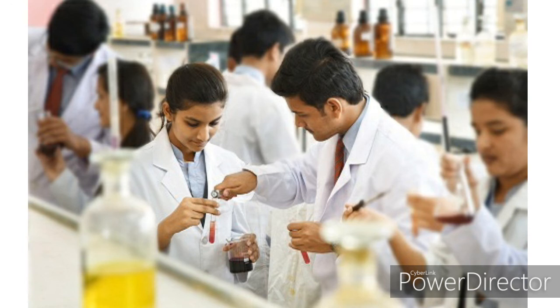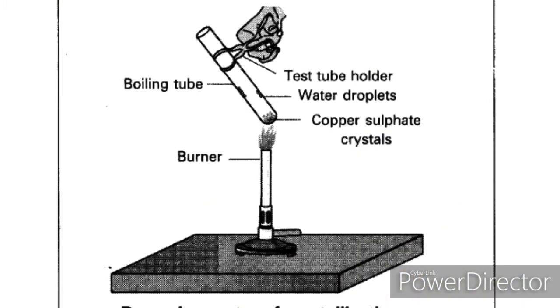And with test tubes, when you take strong acids and bases, you have to hold them with tongs, and you have to wear gloves, and you have to take care of your eyes. By mistake, if any test tube falls on the floor or on the experiment table, the chemical may fall in your eyes, so you have to be very careful. So extreme care should be taken when you are doing chemistry experiments. When you do biology or physics experiments, that much risk and danger will not be there. But in chemistry experiments, you have to be very careful.